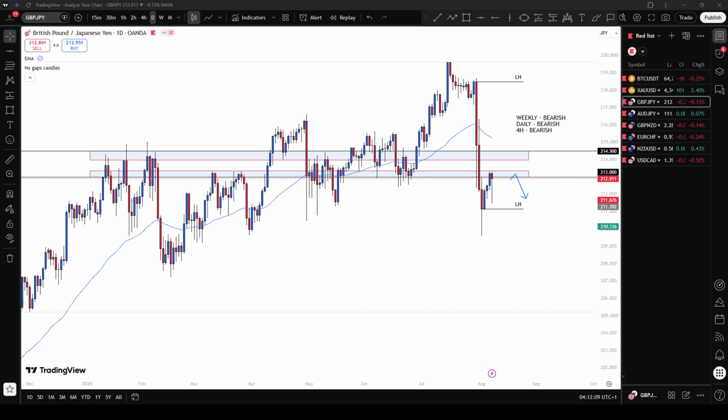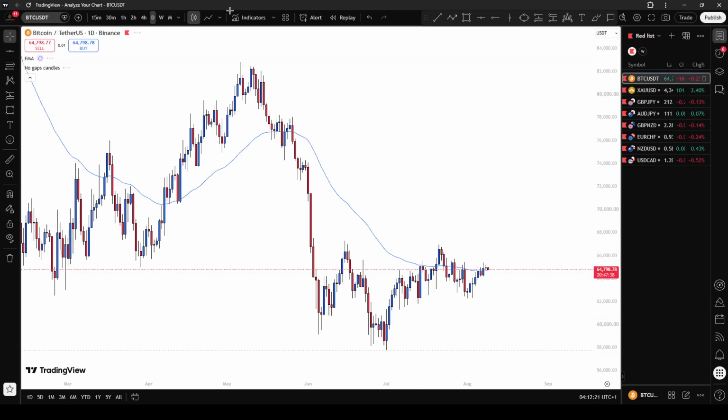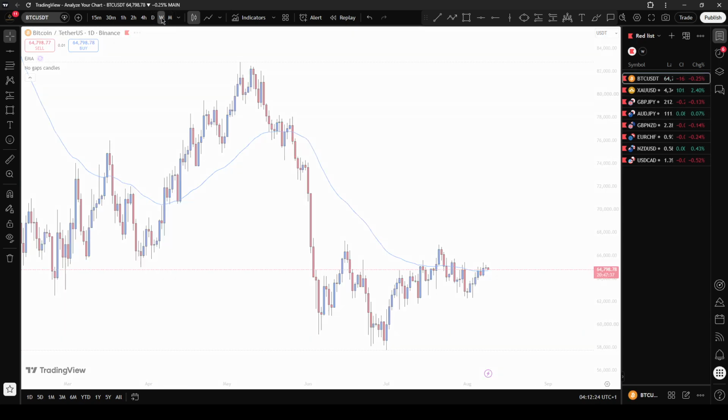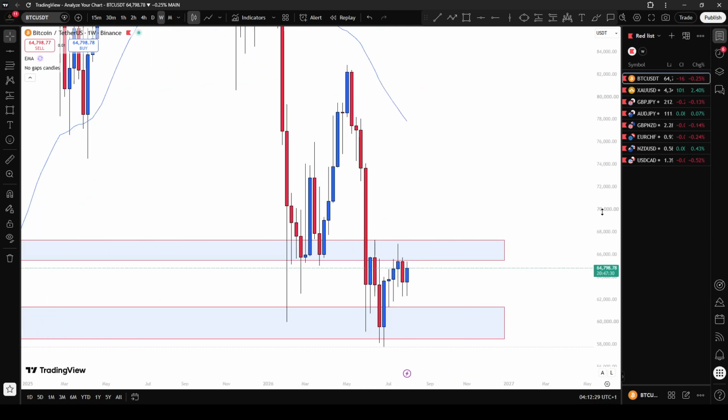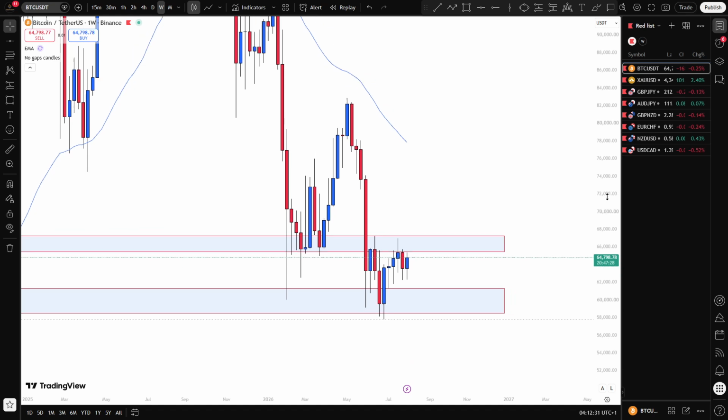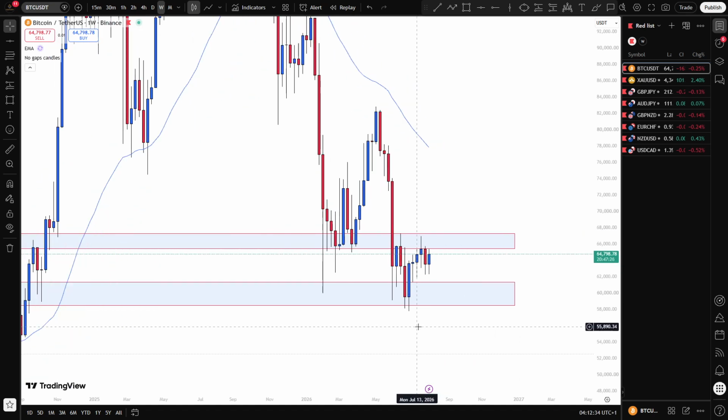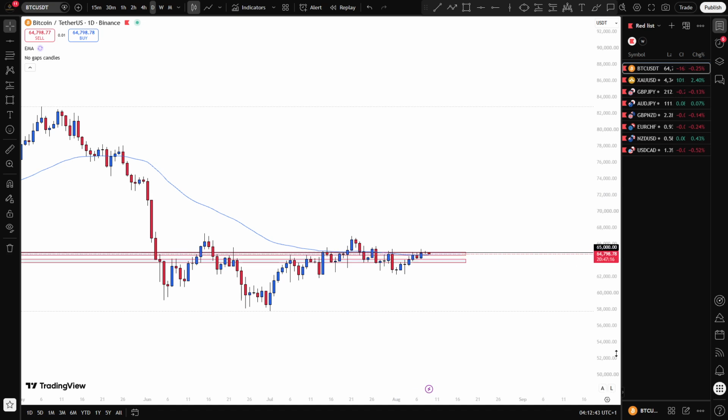So let's begin. I'll be starting off with BTC just to warm up. So BTC on the weekly time frame, you can see that we are bearish on the weekly time frame. Okay, and price is reacting off of this resistance zone over here. So if we move down to the daily time frame,